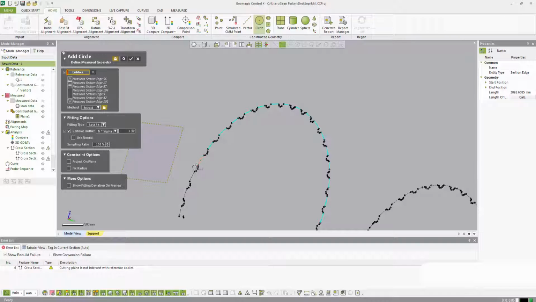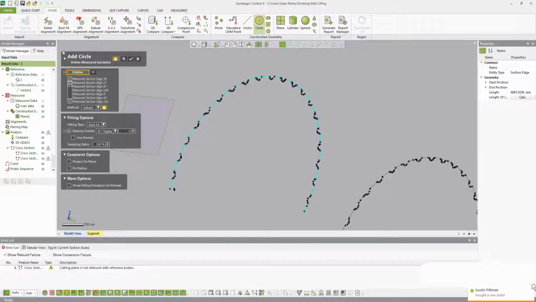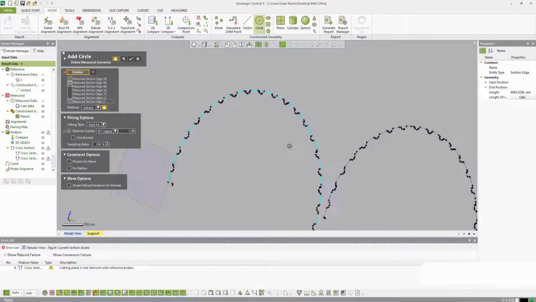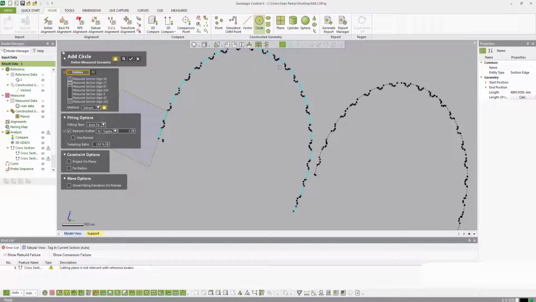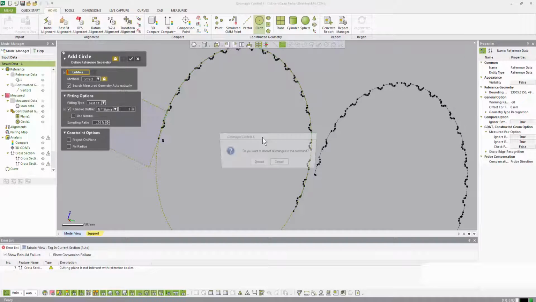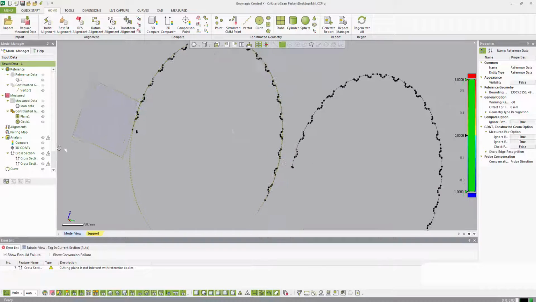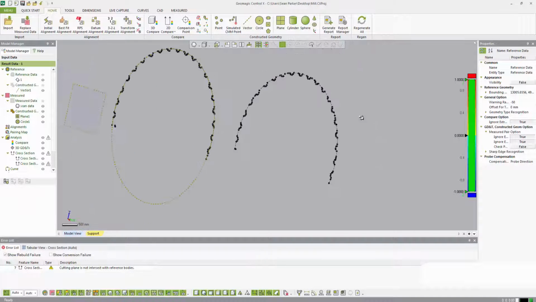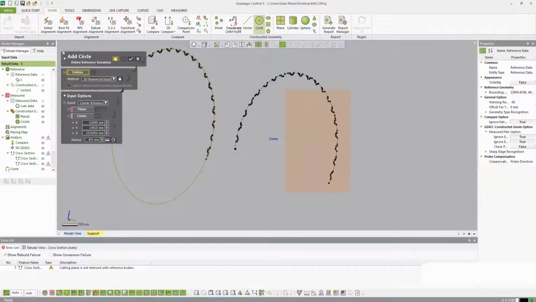Just selecting these cross-section updates. Now, again, I'm not going to be able to make any of those selections on my section here until I turn off the reference section view. So again, let me close out of the tool here. Let's see, this is cross section 2. If I turn on reference section and I go into my circle tool and I try and select all this stuff,